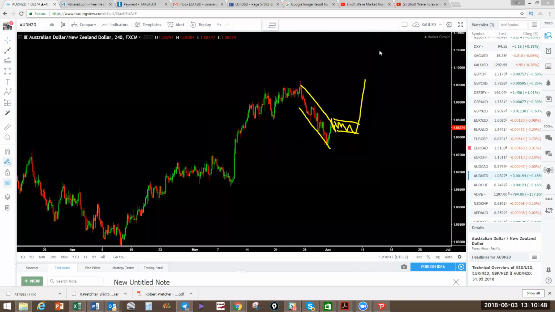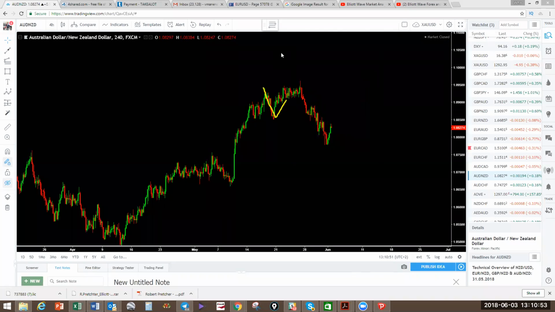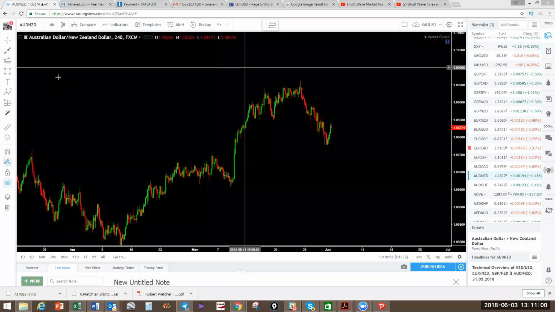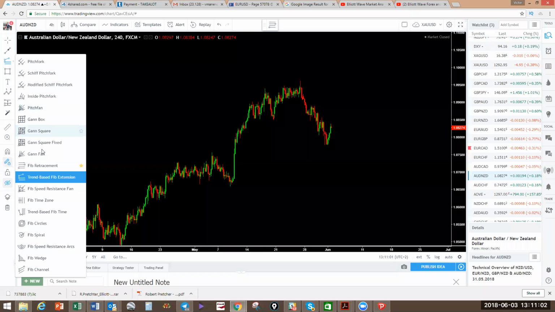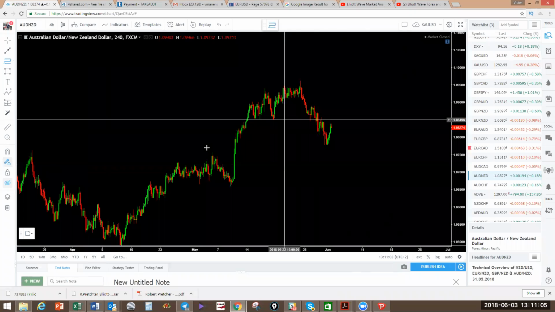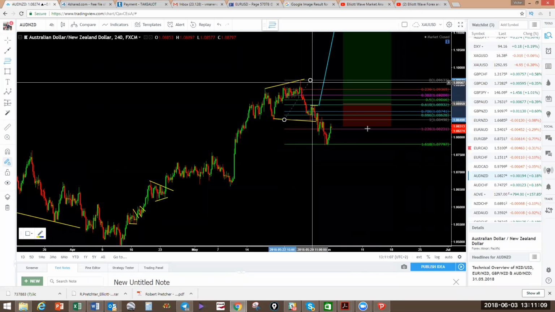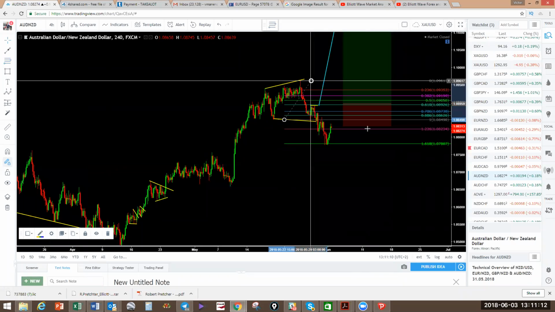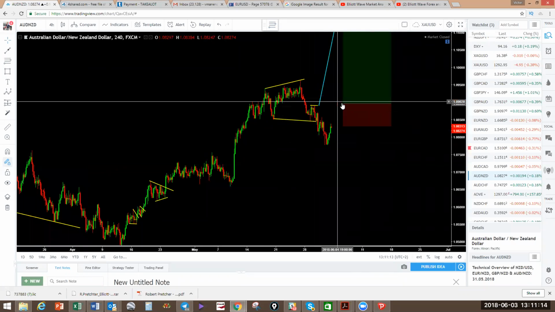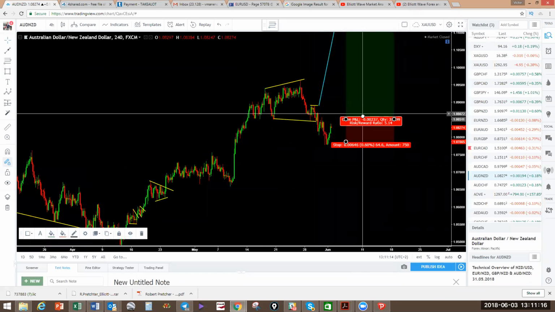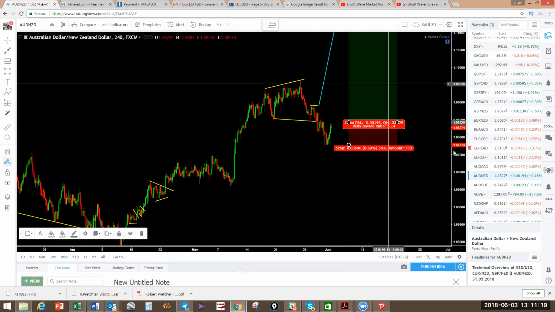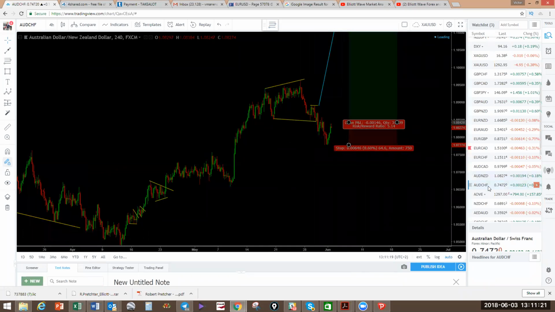Okay, so this is still actually an expanding flat, still valid expanding flat according to the rules. You can see that this looks very long, but it is still a valid expanding flat according to the rules. If we just do this here, check, it conforms exactly to the rules right on the 1,618. That's where the reversal is. So it is still a valid expanding flat. So we're still happy with that. Okay, we are taking it prematurely, but we're gonna now look to take it when it gives us a flag again. AUDCHF,